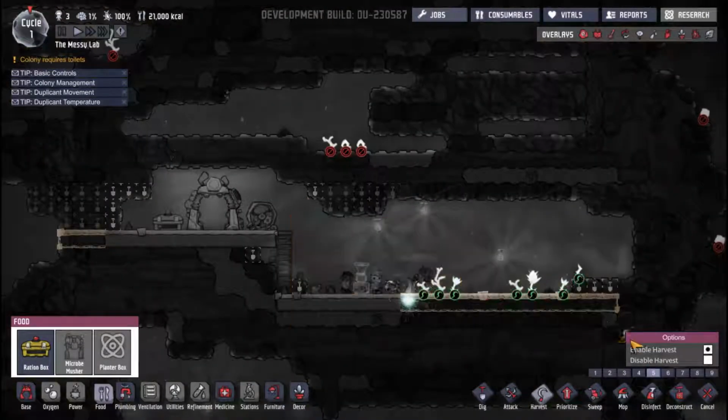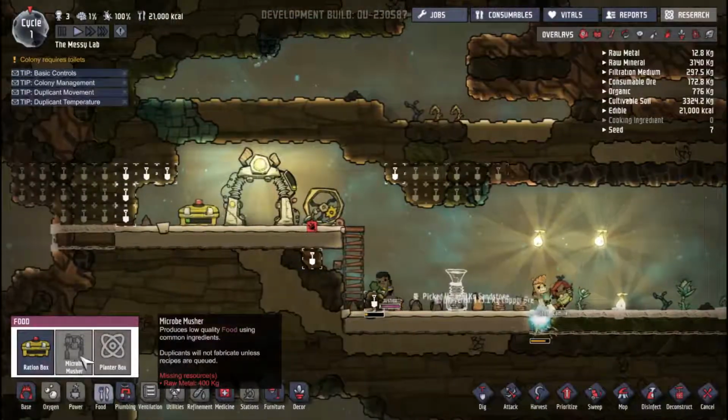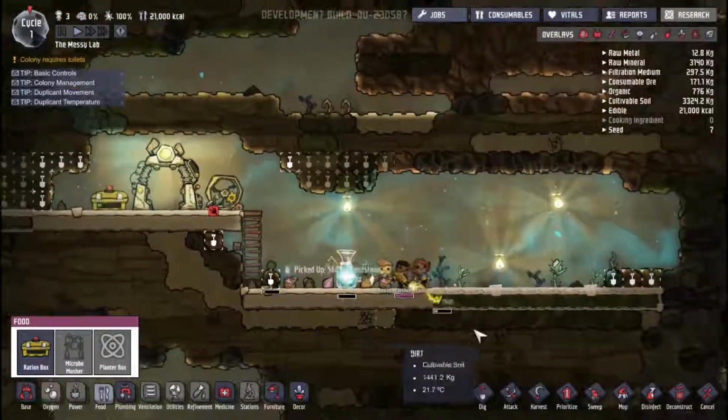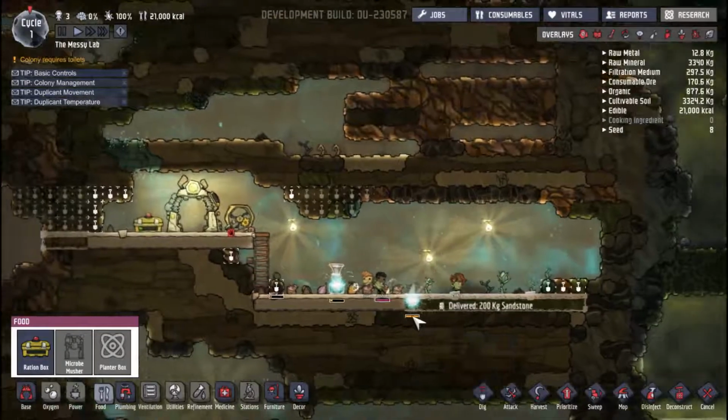That's priorities. I want to harvest. There we go. That'll get us a little bit of food. And what do we need for the micro mushroom? We need some more metals. Okay, so they're working on digging over that way to get that right now. In fact, they're mainly working on these tiles, which will probably mess up our plants here, but